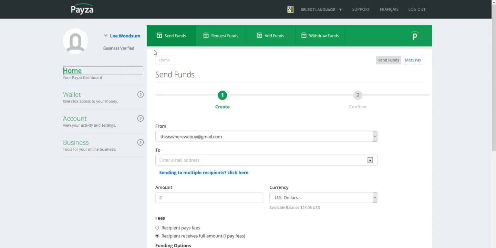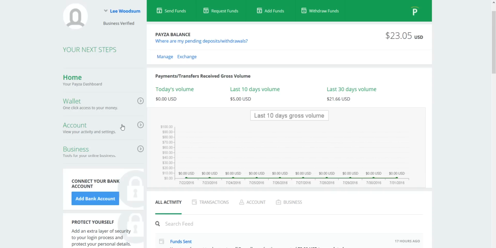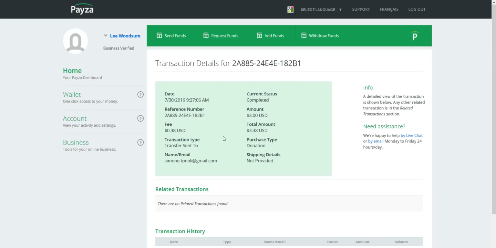So this is the important part, right? After you make your payment to upgrade, you will see that Payza comes up with a transaction number. This is the reference number, or this one here. It's the same thing right here or right here. All you have to do is highlight that, copy it,